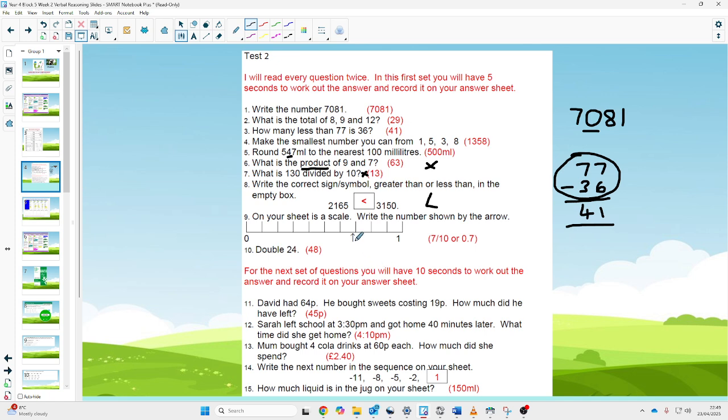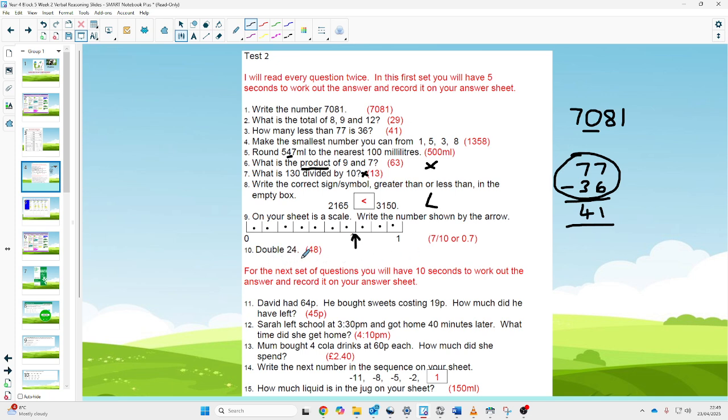Now with these we sometimes find, don't we, that the arrow doesn't always point directly, so we have to make sure it's pointing directly at that line. And I wouldn't mind if you record the answer as a fraction or a decimal, but it should be 7/10 or 0.7. Okay, so they are equivalent, they are the same, and hopefully you've recorded one of those down. How do you do it? Well, you count the number of segments. So we go 1, 2, 3, 4, 5, 6, 7, 8, 9, 10. There are 10 segments there. What's it pointing at? Well, it's pointing at the 7th line. So again, hopefully that is